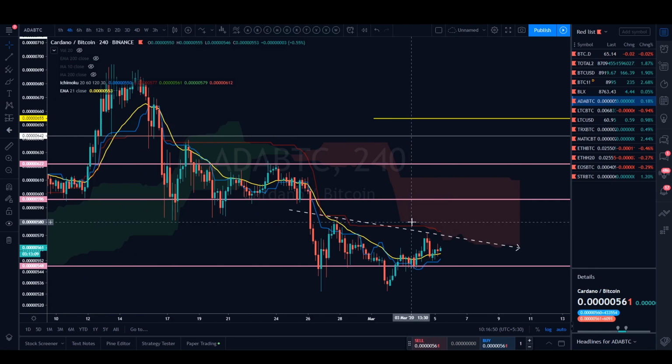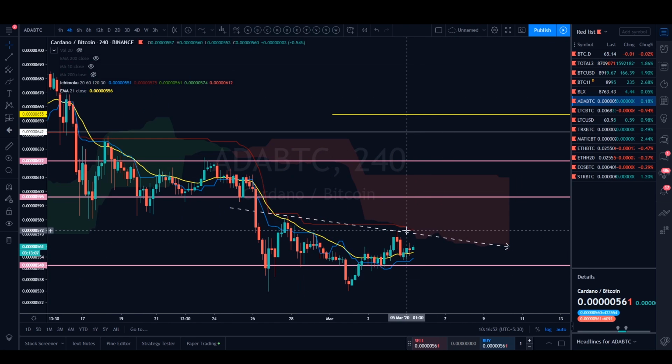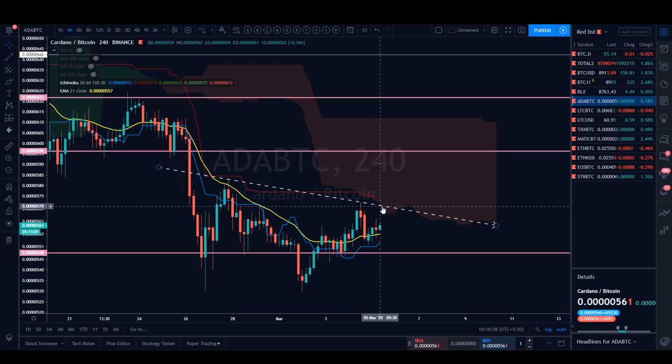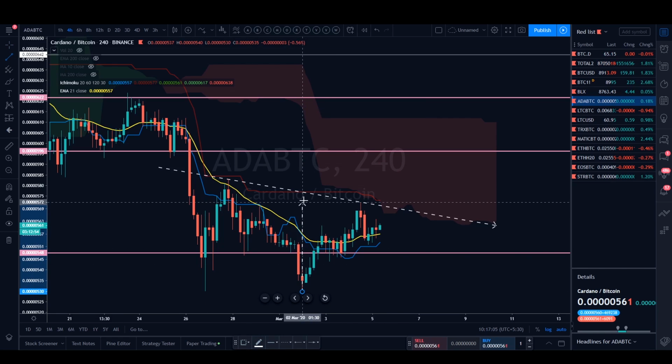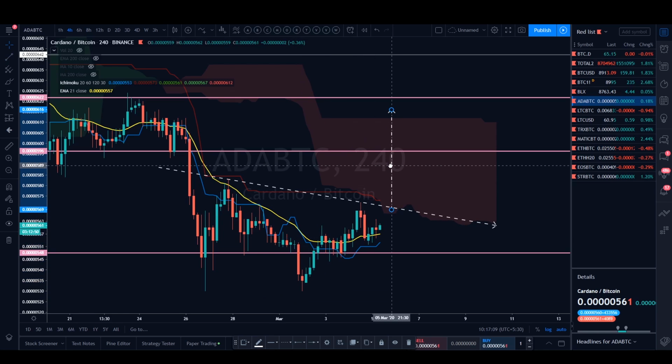What about the 4 hour cloud? Ooh, notice how the neckline on the 4 hour cloud is actually in line with that edge there, as well as the Kijun, and it's very, very slim, but it's there either way. Now what is the measured move, by the way? I never went over that. The measured move for this inverted head and shoulders would take ADA all the way